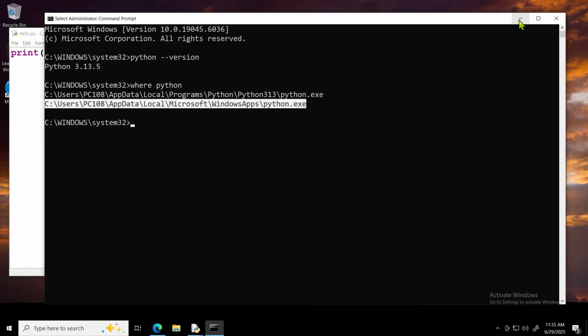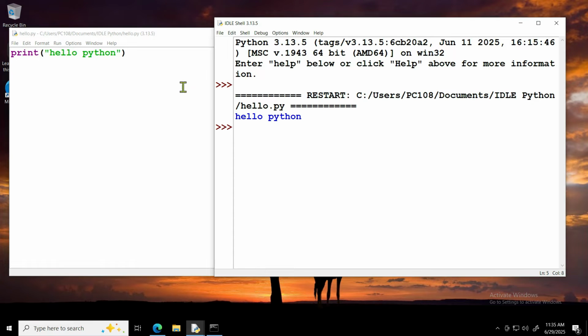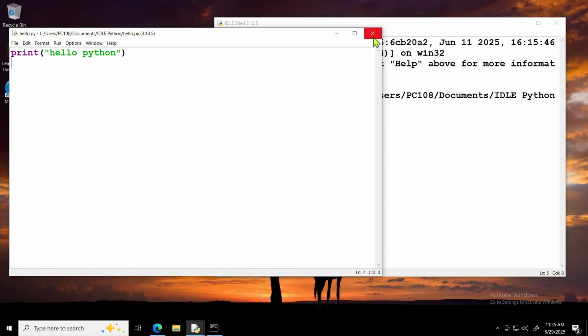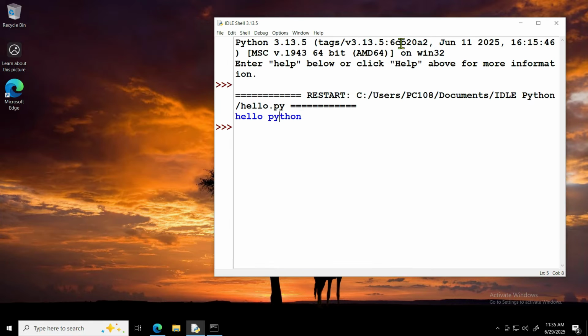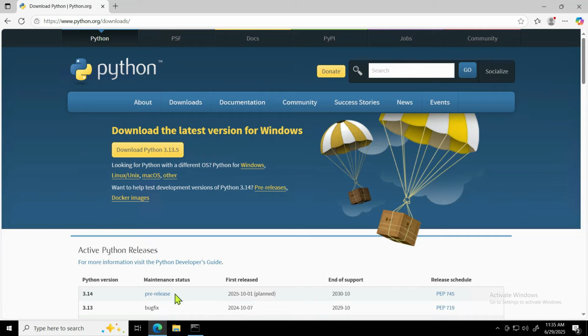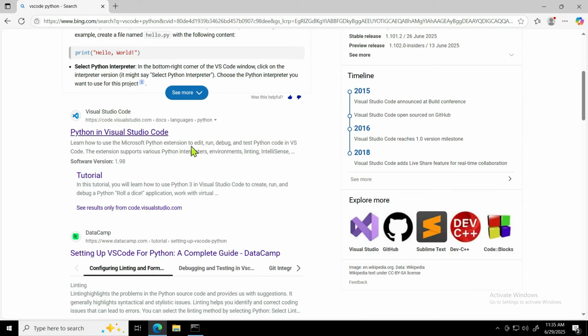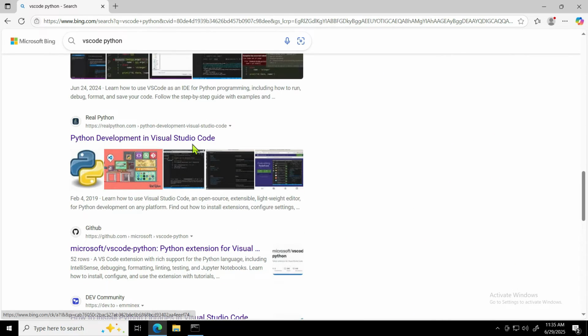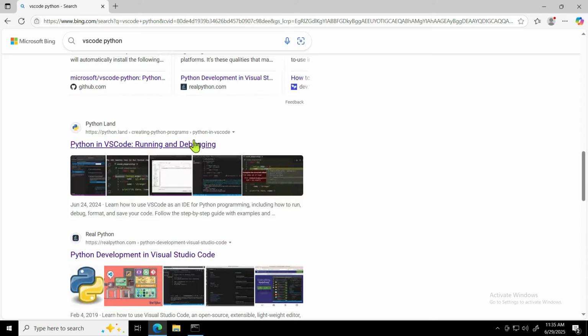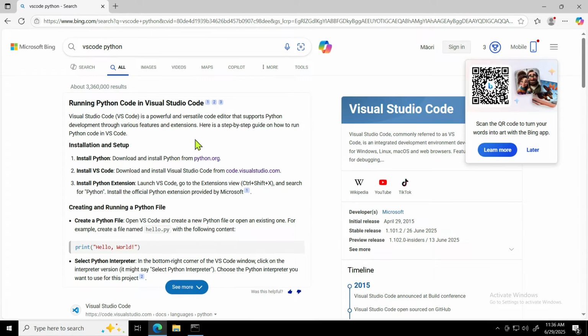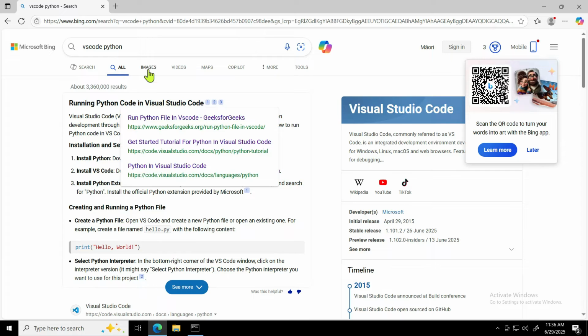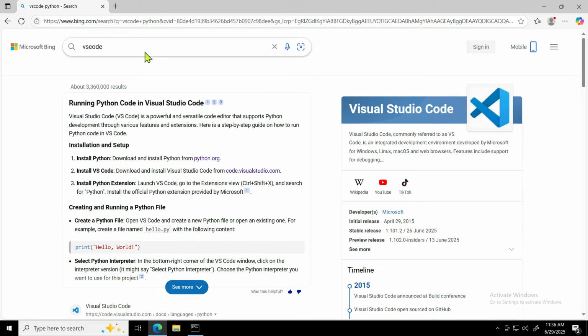So let me minimize it. Now what I will do is close this tool, and again go to your web browser, and here you can write VS Code. You can simply write VS Code; you don't need VS Code Python. So you go to the download,